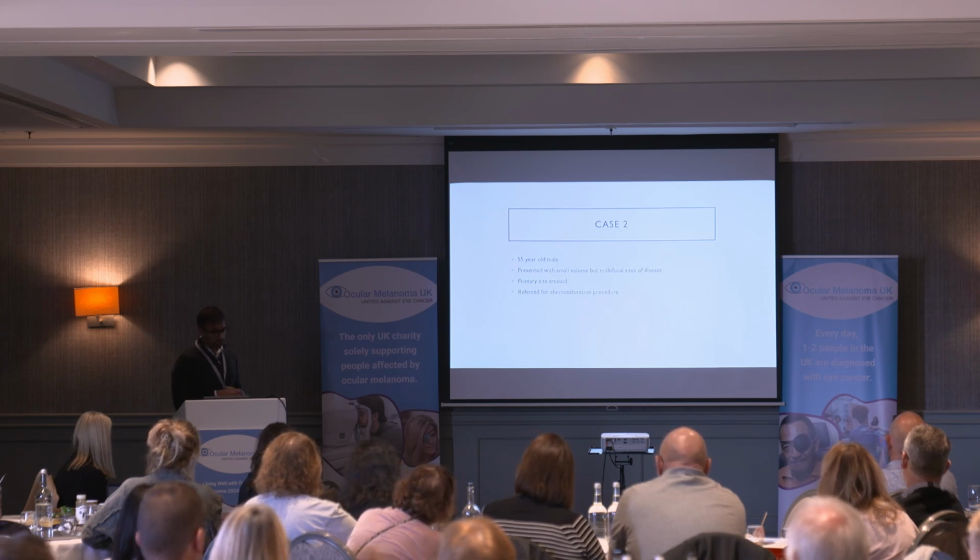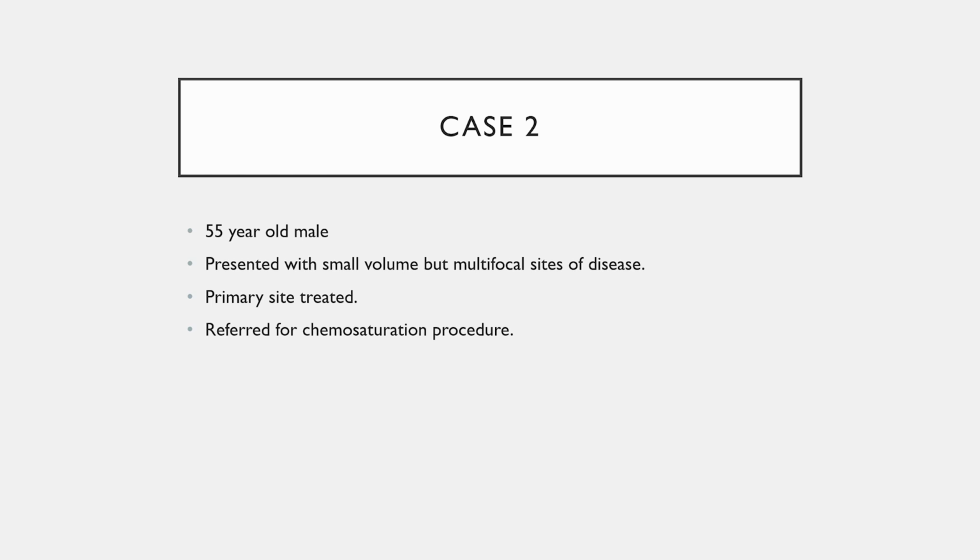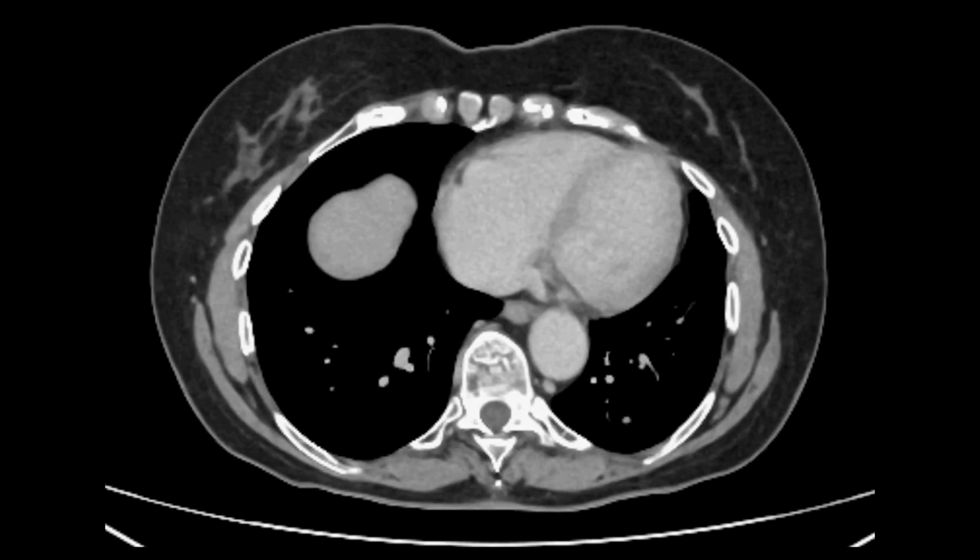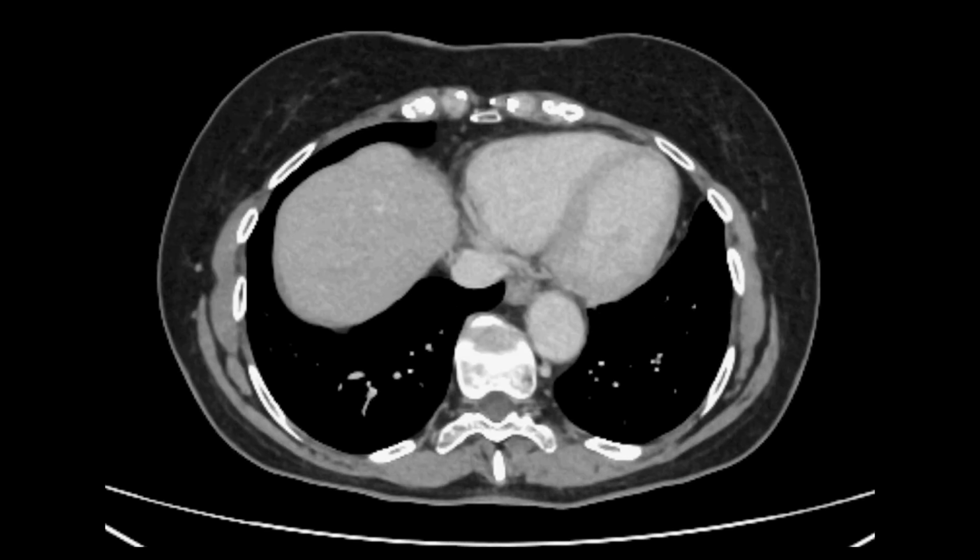So this is a 55-year-old chap, case 2. He presented with relatively small volume disease, so small little ditzels, but all over the liver. So it means we need to really treat him at this point. We can't let it get any worse. His primary site was treated with surgery, so he had his surgery, but then he was referred for the chemosaturation procedure. So I'm just going to go through his CT,